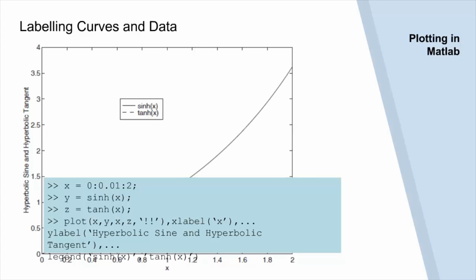An example for the same is shown here. Here the plot is of the hyperbolic functions sinh and tanh, and to distinguish between them we use a solid line for sinh and a dashed line for tanh, and we are using the legend function to name each of these lines. The legend command must be placed somewhere after the plot command. When the plot appears in the figure window, we use the mouse to position the legend box that we have generated. Another way to distinguish curves is to place a label next to each of the lines. The label can be generated either with a gtext command, which lets us place the label by using the mouse, or with the text command, which requires us to specify the coordinates for the label.